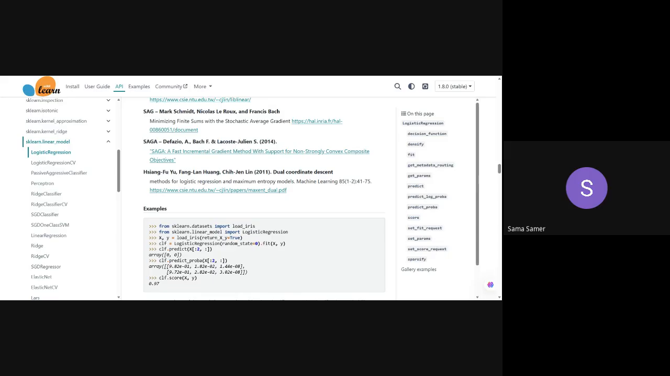SVM stands for Support Vector Machine. It is also a supervised